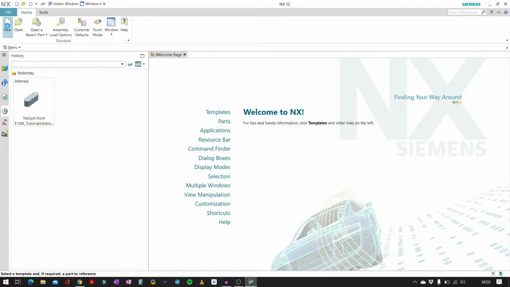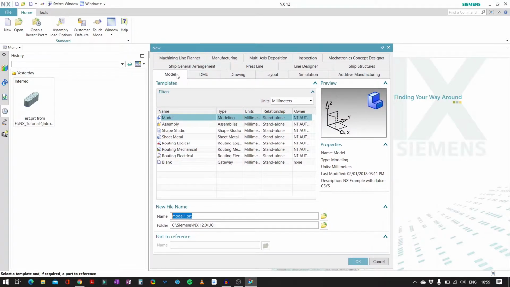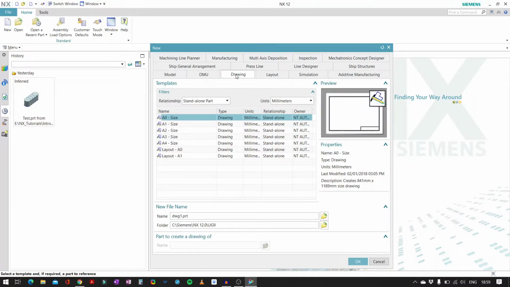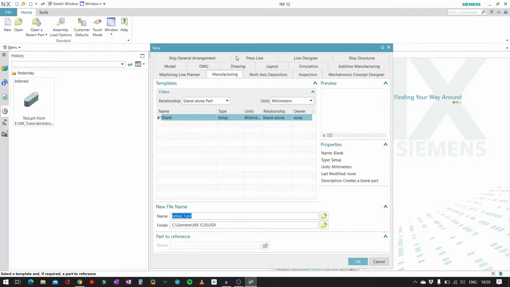I'll click upon New. Now it gives me tons of options here. These depend on what I'm going to do. Am I going to do modeling, that means sketching? Am I going to do drawing, that is drafting? Am I going to do some additive manufacturing? Or am I going for a manufacturing module like the CAM module,